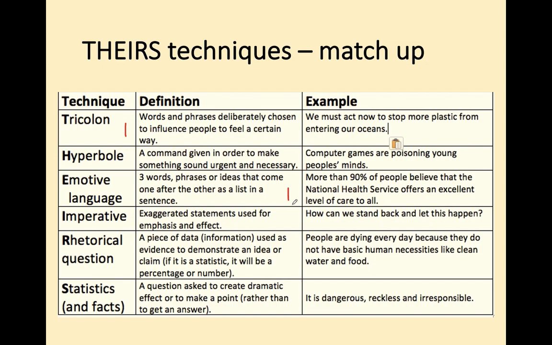And the example is, it's dangerous, reckless and irresponsible. So we've got 3 things in a list there. Okay, number 2 is hyperbole. So hyperbole is exaggerated statements used for emphasis and for effect. And then the example here is